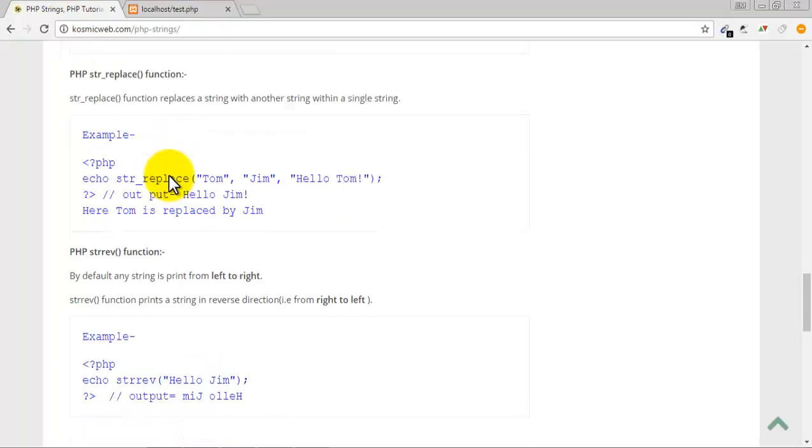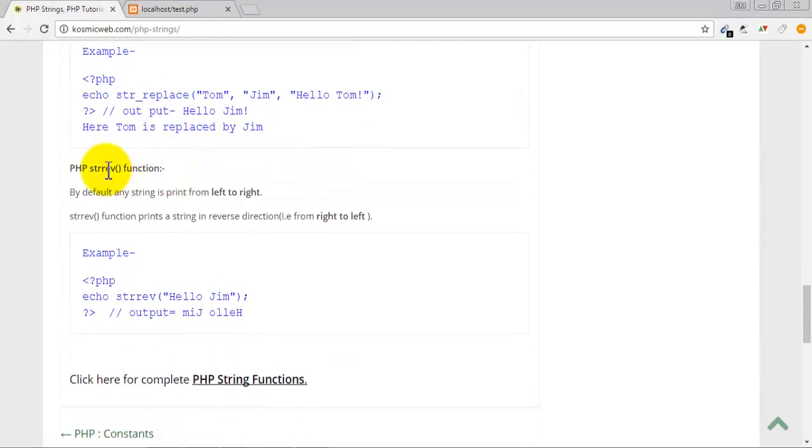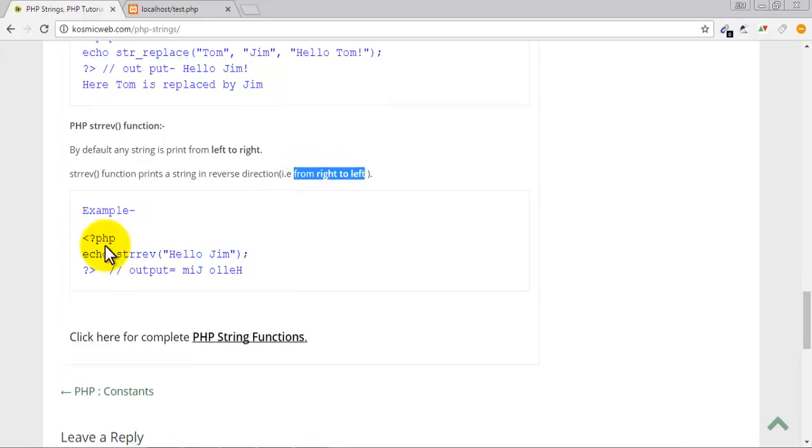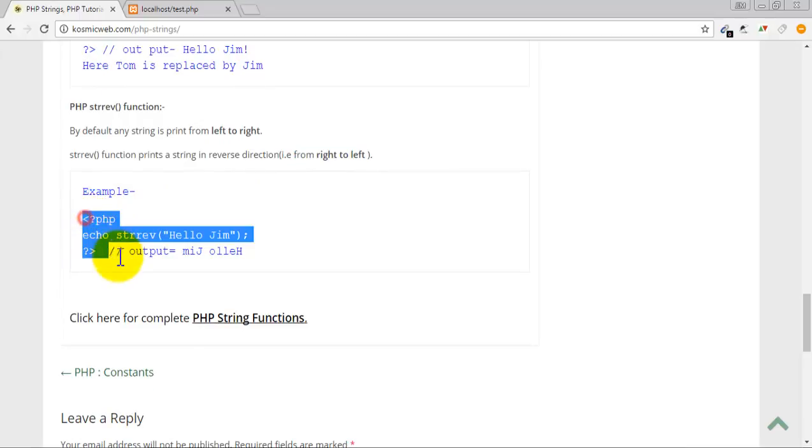Then come to the next function, the strrev function. By default, any string is printed from left to right. The strrev function prints a string in the reverse direction, that is from right to left. I am taking an example.